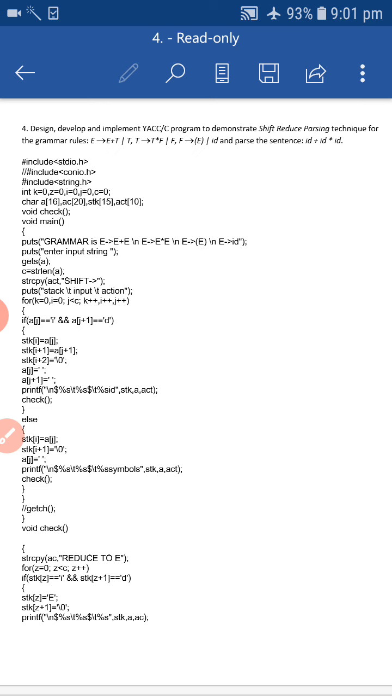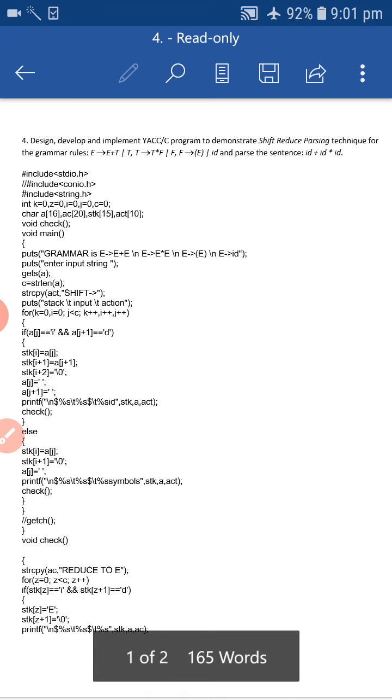In this program, I am using the header files stdio.h, conio.h and string.h. These are familiar header files. Next I declare int k=0, z=0, i=0, j=0, c=0. These are global variables, so they are initialized to 0 by default.